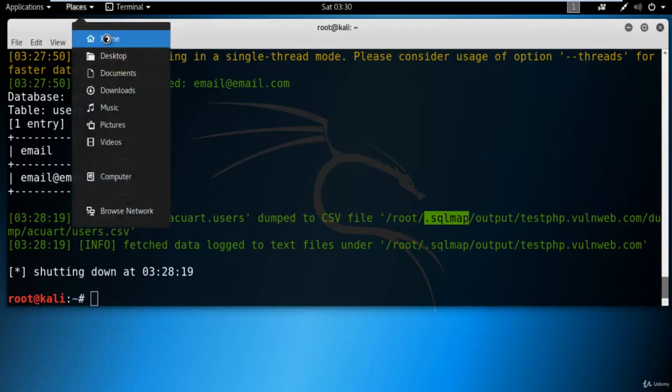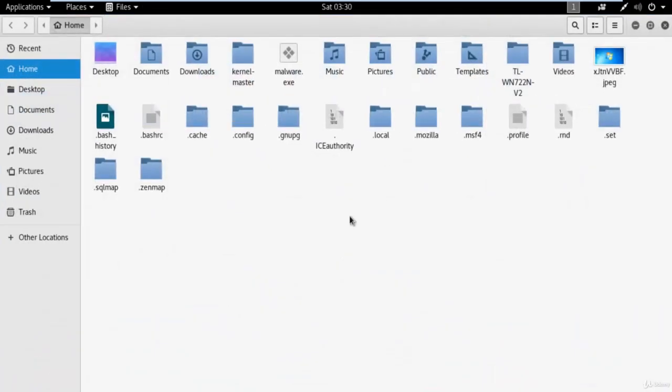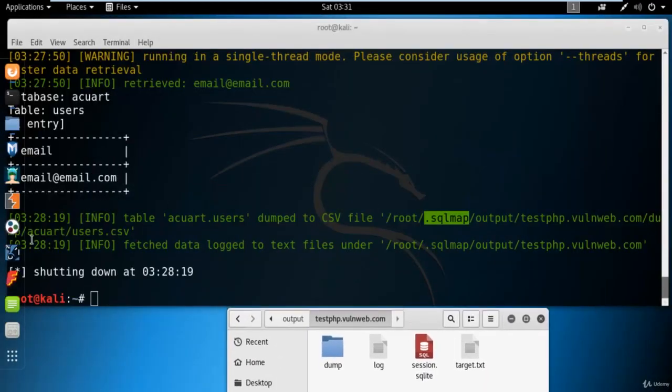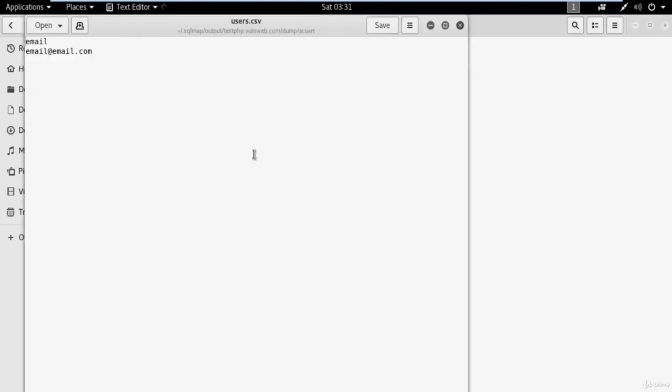Let me click on places, click on home, right? And where is .sqlmap output? test1web.com, and inside that you can see dump acquired users.csv. You can see here that this is the information that has been stored inside this file.